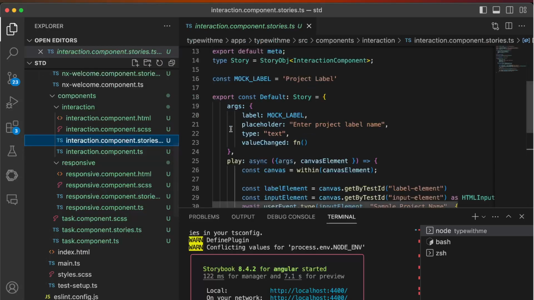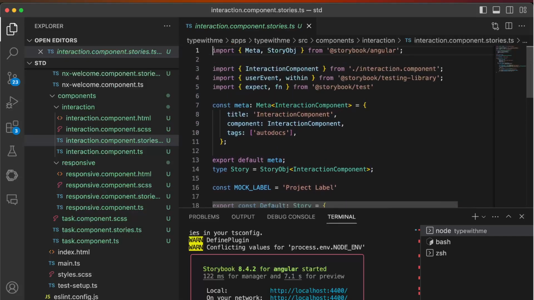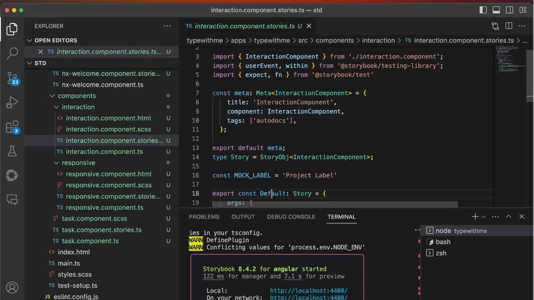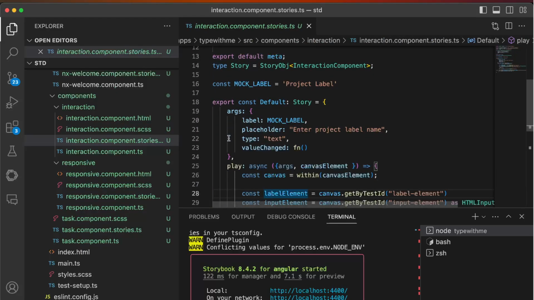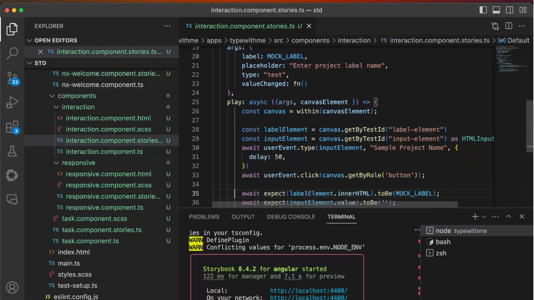If we go now to our Storybook, you'll see that we have a setup meta for the interaction component with the autodocs tag. We have our default story, which has a label, placeholder, input type text, and so on, and we can play around with that. What we have right here is a canvas element, and with the canvas element we can say, hey, within our canvas element,